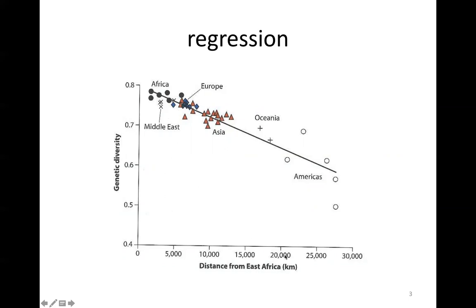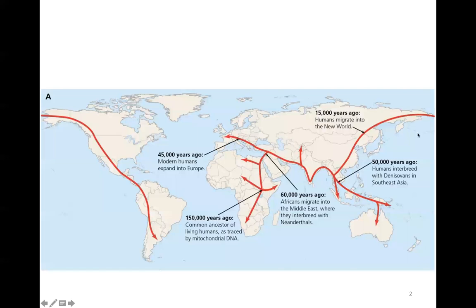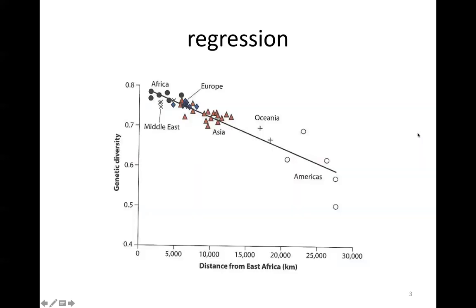So here you see this relationship: on the x-axis, distance from East Africa, and on the y-axis, genetic diversity within different human populations, each represented by a point here,